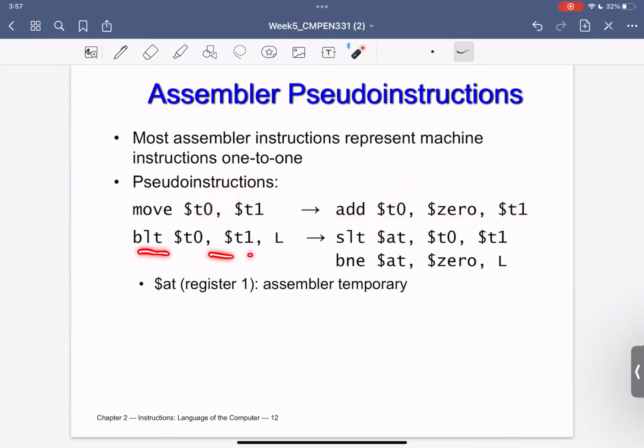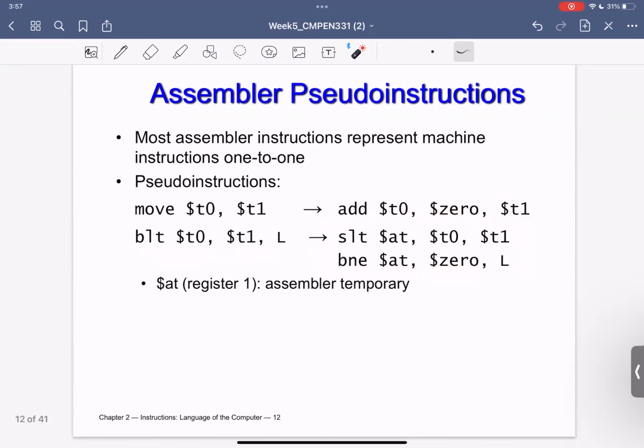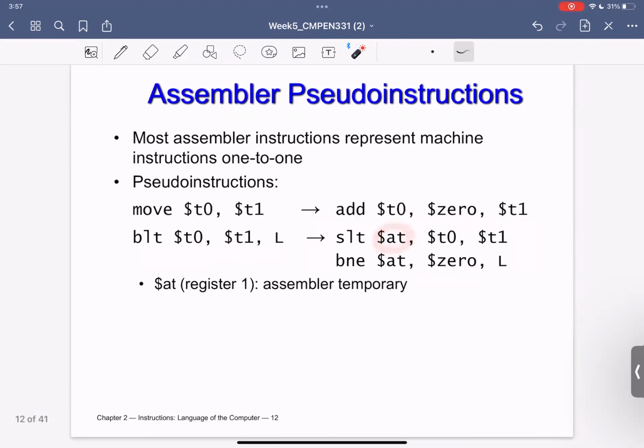Branch less than is another pseudo instruction. We have shown earlier how to decompose such pseudo instructions into basic instructions, as you can see here. The most important thing is that we use the at register as a temporary register, which is register 1